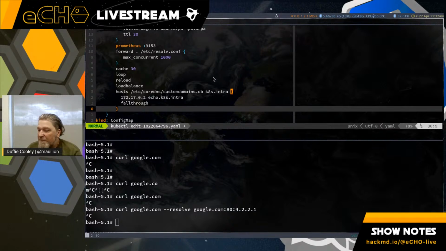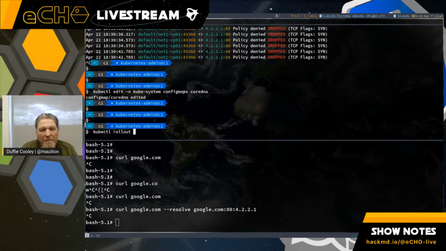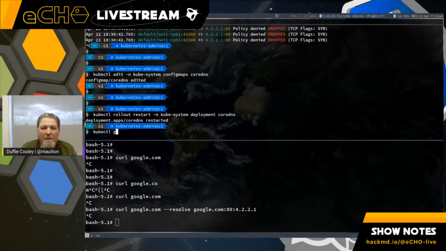Because this is being served from CoreDNS, any pod inside of the cluster will be able to access that host name once it applies. Rollout restart -n kube-system deployment coredns, then get pods -n kube-system.